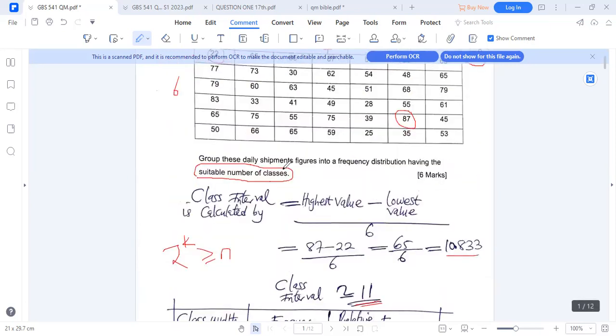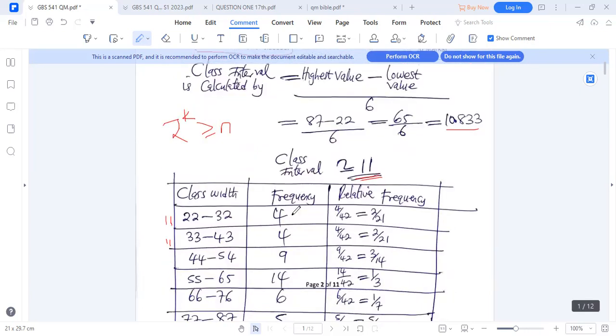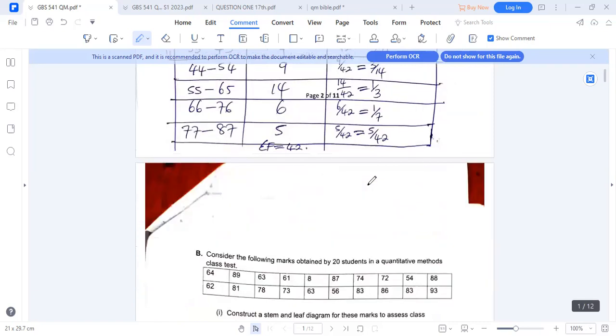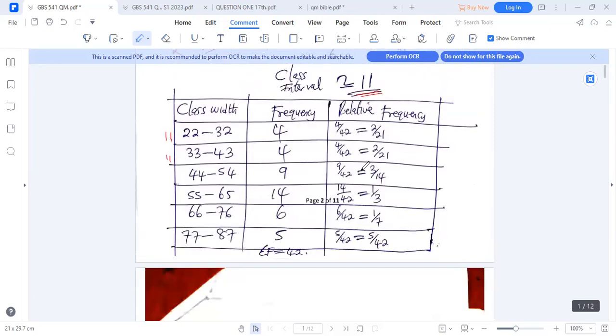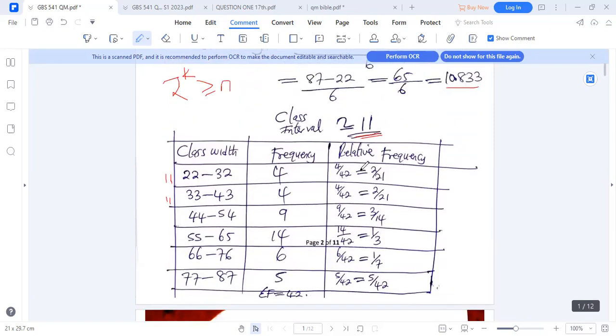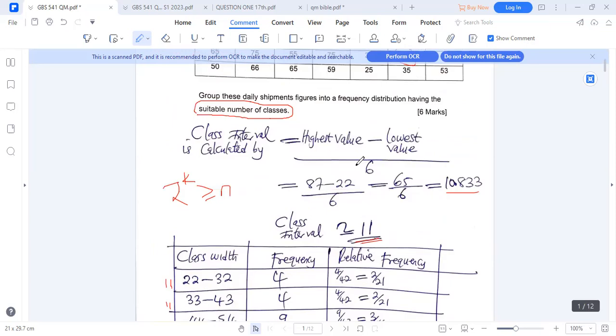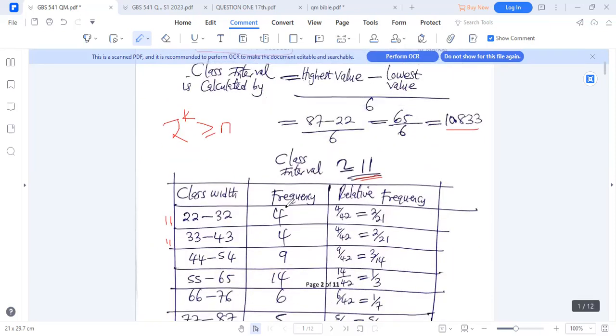So here we're being asked to come up with what? The daily figures into distributions having the suitable number of classes. So with the suitable number of classes, the frequency is that one there. Okay. So group these shipments into a frequency distribution. The frequency distribution, and if you want, you can even add the